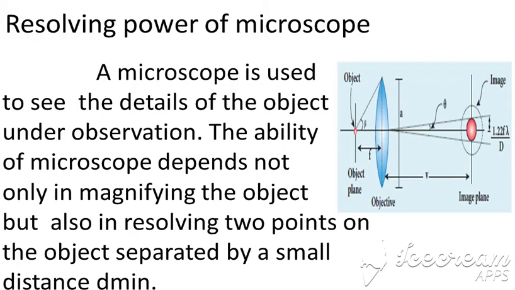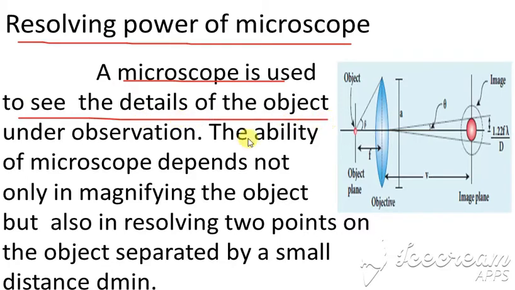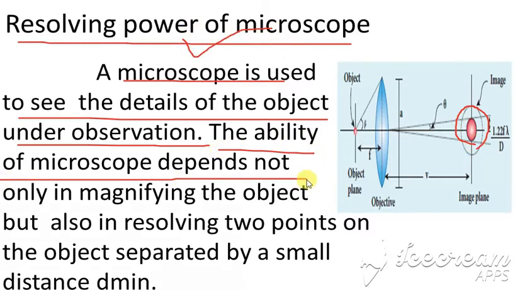Yes, students, the next topic we are going to see is about the resolving power of a microscope. When you are using the microscope, what happens to the resolving power? The microscope is used to see the details of the object under observation. So whatever object is being observed with the help of a microscope, the ability of the microscope depends